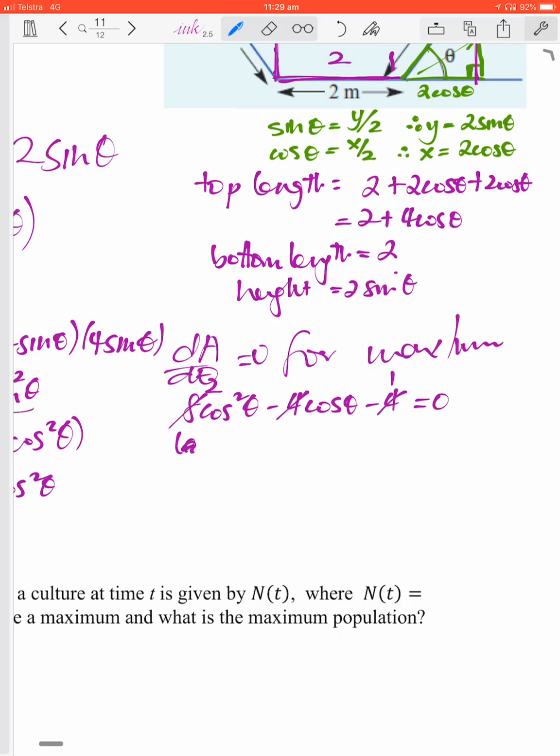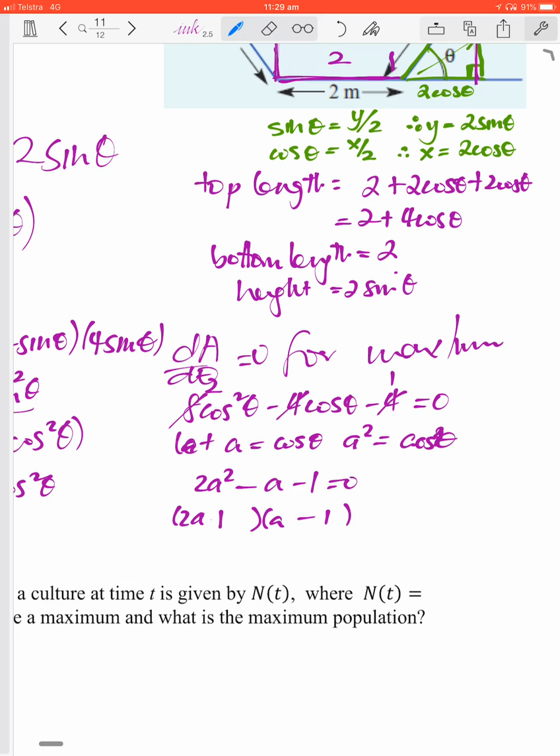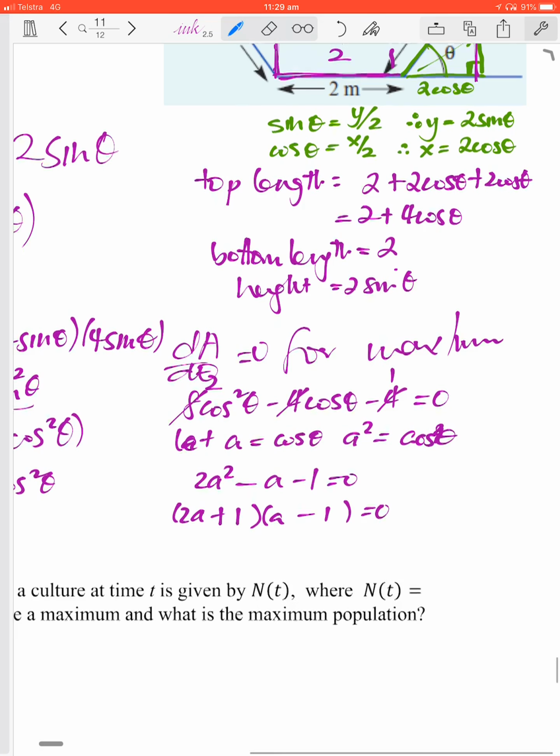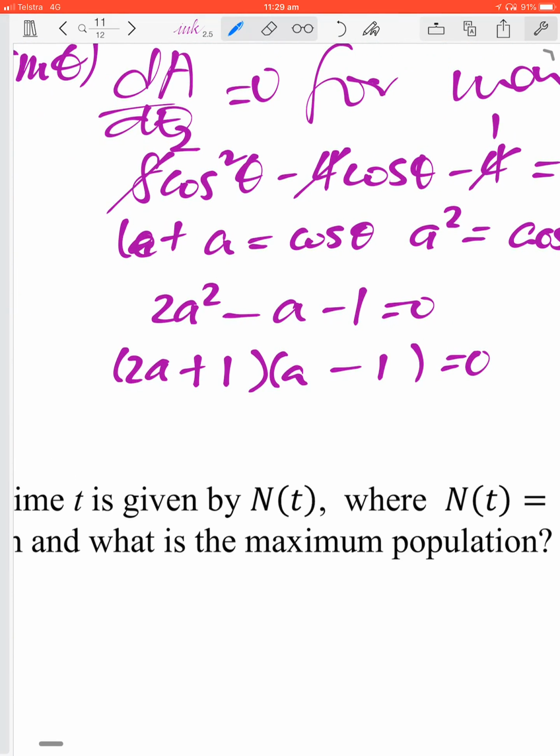If we let a equal cos θ, a squared equals cos squared θ, we get 2a squared minus a minus 1 equals 0. Then we get 2a plus 1, a minus 1 equals 0. Okay, so from here we get a equals negative a half,